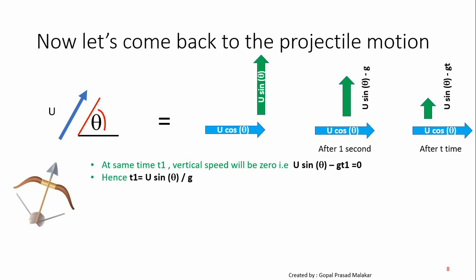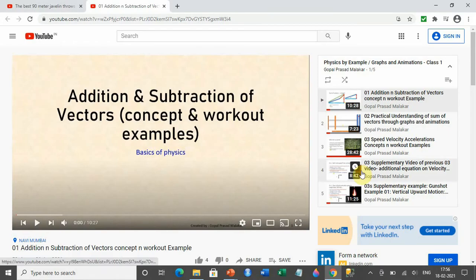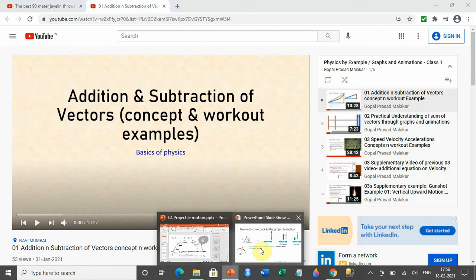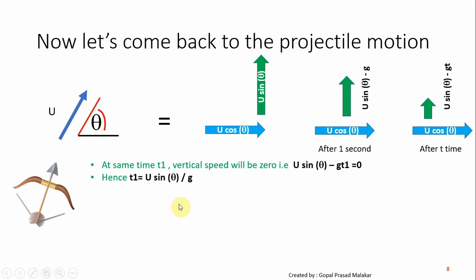If you recall, I have shown in the earlier example also, in this very section, that the speed with which it goes up, with the same speed it returns downward when thrown vertically upward, and the time taken is also the same. But I will prove it to you once again, so that you can relate once again. So it has taken t1 time to come to a stop in the upward journey, and how much distance would it have traveled by then?